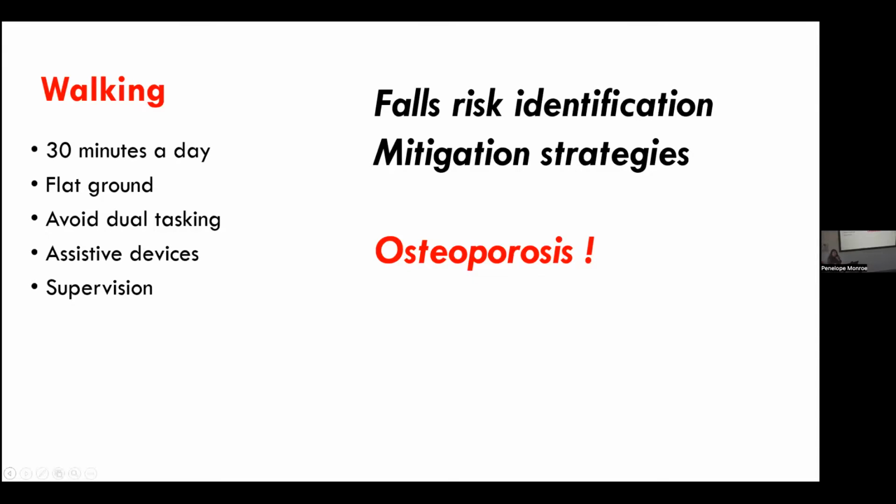You have to tell the patients to use assistive devices if they're using, so not to walk without their walker or their stick or their 2 sticks, and sometimes the Nordic walking poles, under supervision if required. So it's important when you tell people to walk because the safest person is the person who doesn't walk. To identify those who are at risk of falling, use mitigation strategies in that situation. Also keeping in mind that, as we grow older, we're at risk for osteoporosis. So you might not be able to prevent falls, but you can prevent fractures.